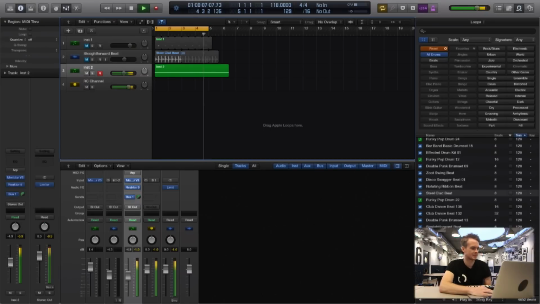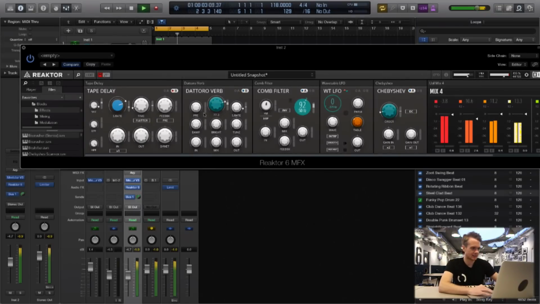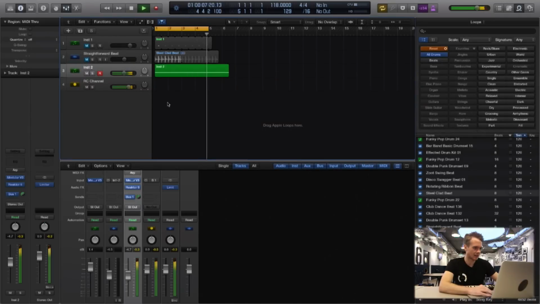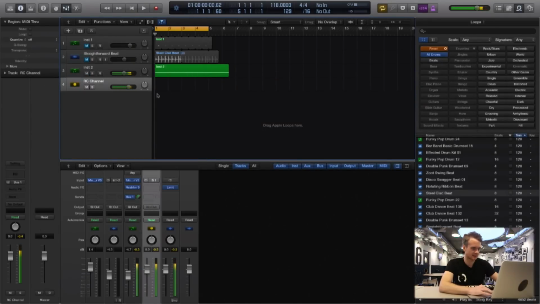So you end up with something pretty mad that you can really quickly just throw together in Reaktor, and there's a dry wet mix on most of the stuff, so you can then just go around and make it a bit more subtle. And then what I would usually do when I think, that sounds cool,